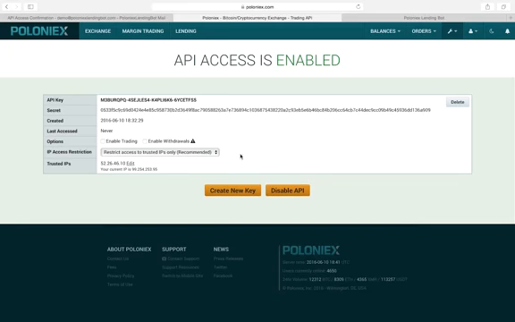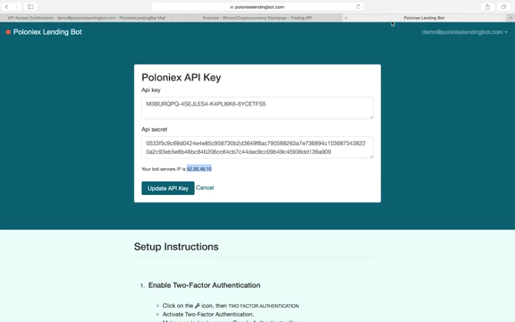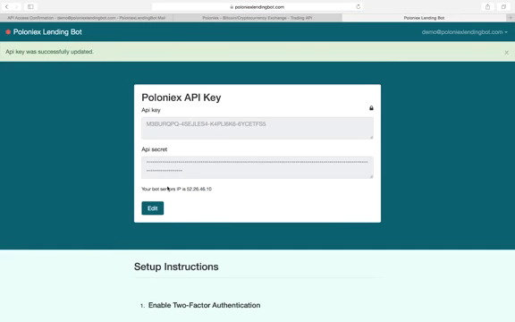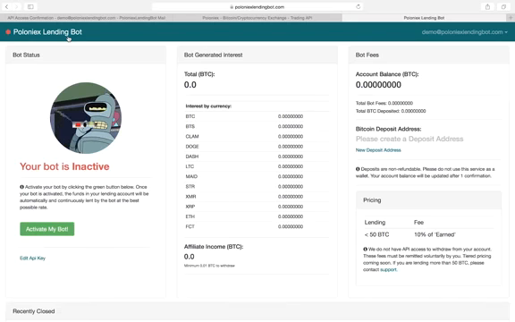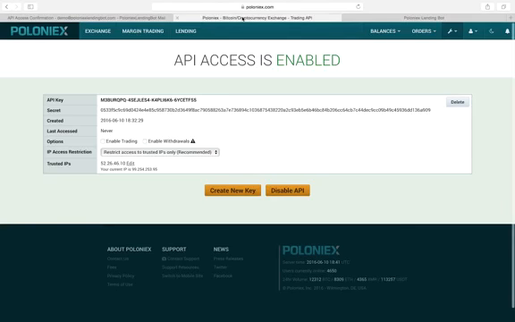So now that we have the API key created, and all of our things have been put in and controlled on the lending bot, we're going to hit update. Great. Now if we go back to our main page, just click back up here, you can see that right now there's nothing currently on loan. There's no Bitcoin, no Dogecoin, no Litecoin, and we want to take our money that's inside of Poloniex